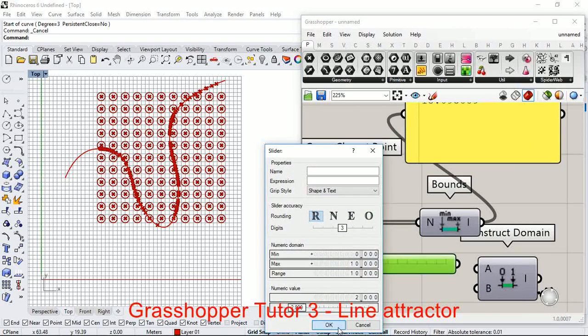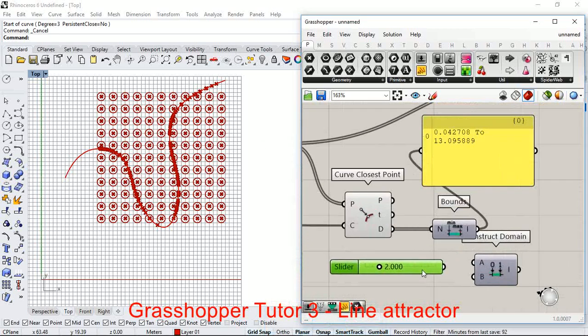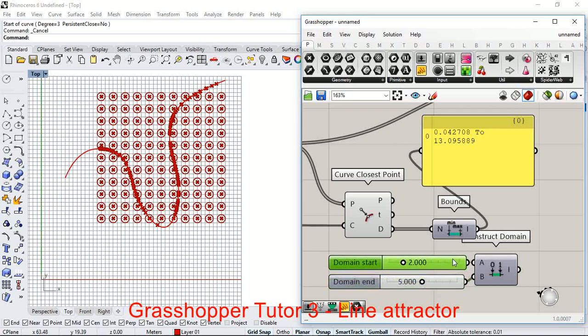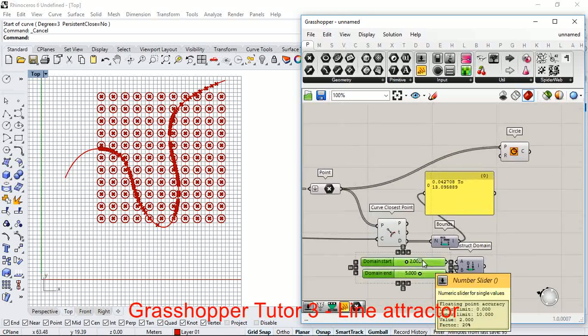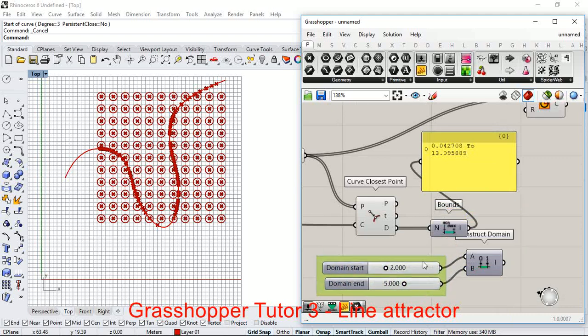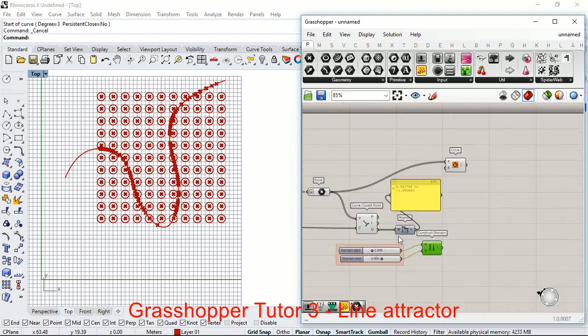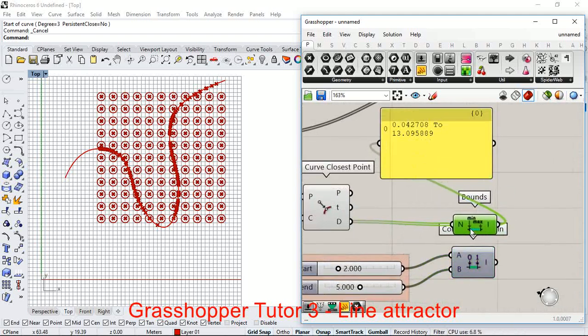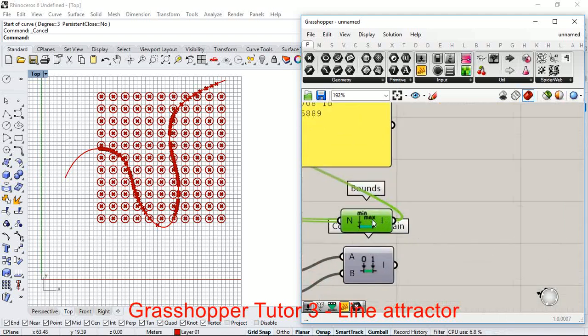Then let's make this also a real number. Then another one, which is, for example, let's define it as 5. So from 2 to 5, this would be our domain here, and we have the bounds here. So what I would do is